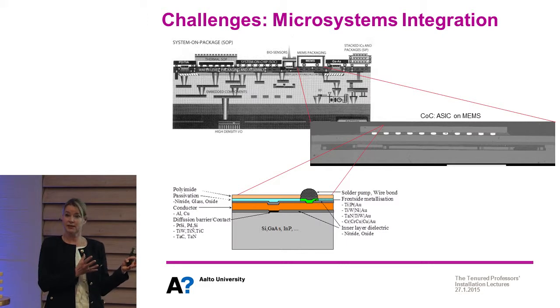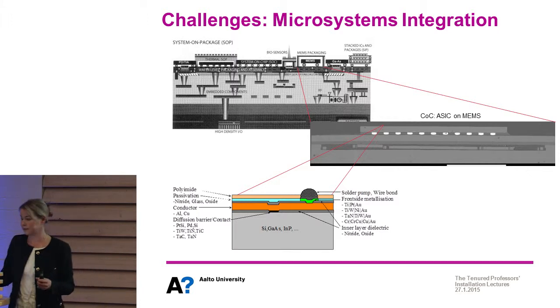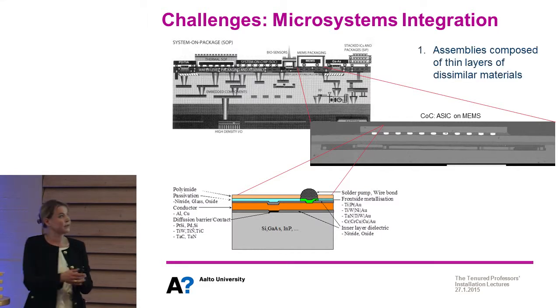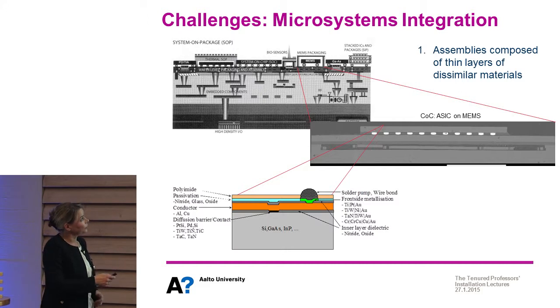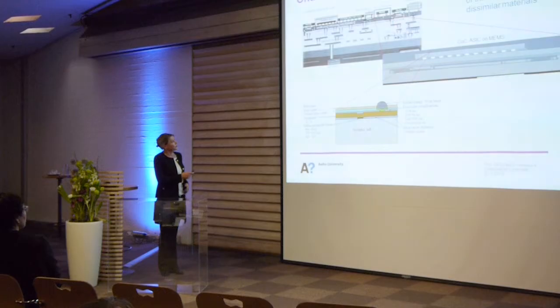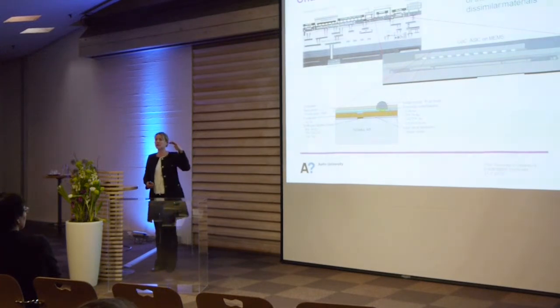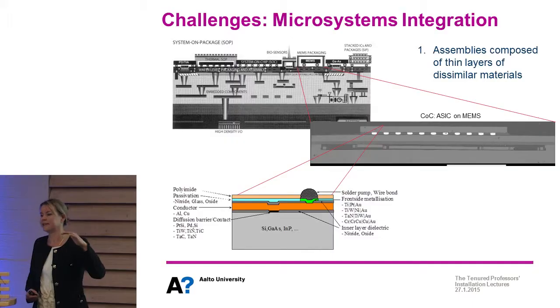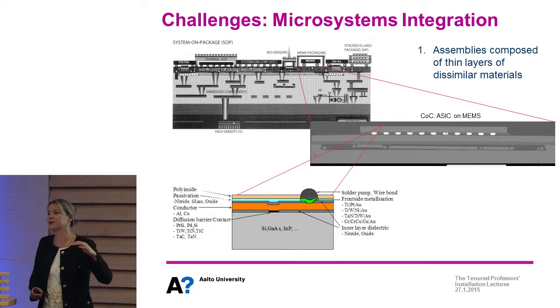Looks quite nice. We have lots of opportunities. How do we do it? We just buy the latest equipment from the market and do this? No, it's actually quite challenging, because if you zoom from any of these microsystems further to one component level, and then in any place of the component we zoom again and take a look under the microscope, what we see is really composed of layers, thin layers of dissimilar materials.